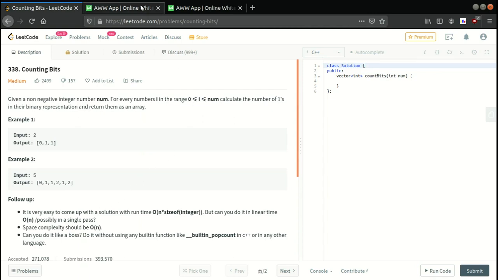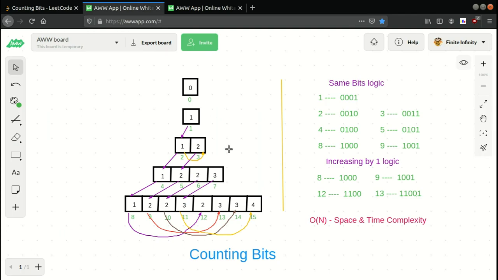The logic behind that is, if you observe after writing, I have written from 0 to 15, and you can clearly observe that it repeats after some time. The number of ones in the binary representation of 1, 2, 4 and 8 will be 1. You can see that because only one bit will be on in all of these, because they are perfect powers of 2.